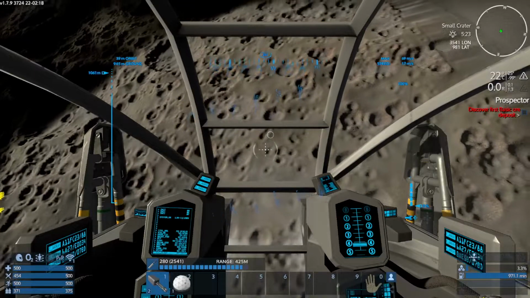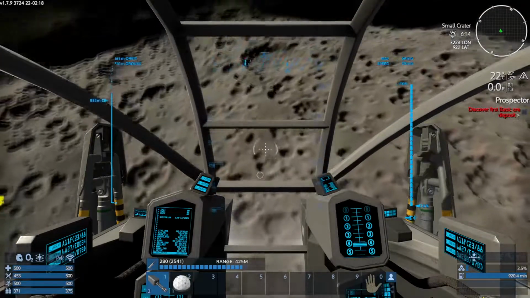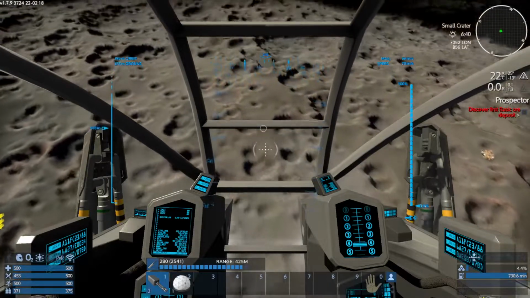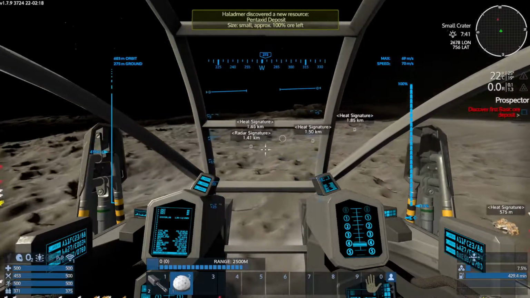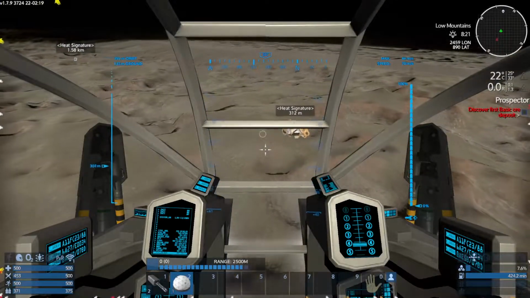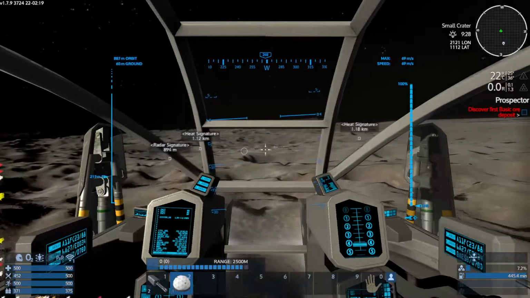That's an ugly transition. Used to be better than that. Alright, so... Heat signature. That would be a crash transport. Alright, well...